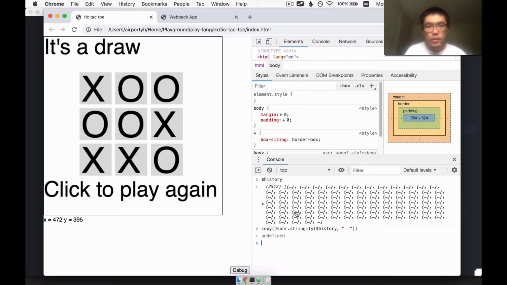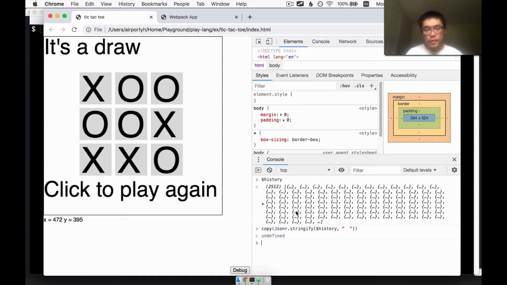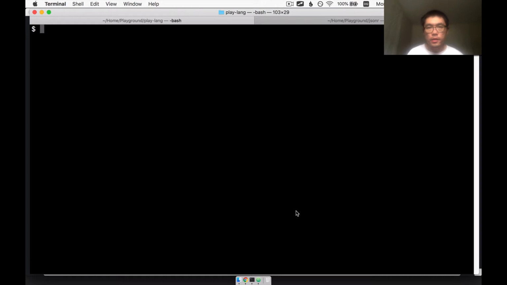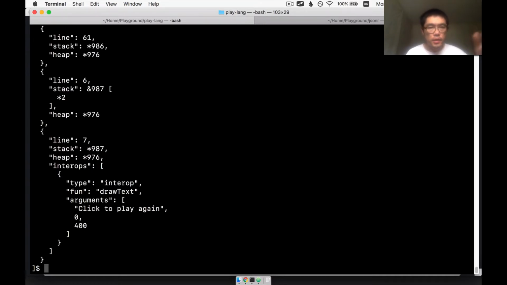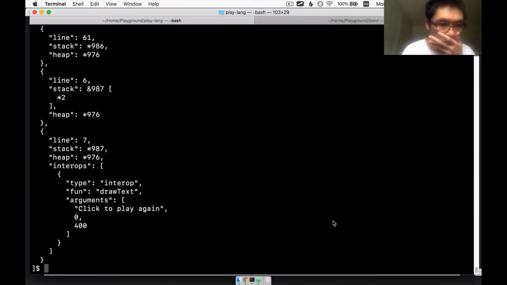I'm on Mac, and there's a command line program on Mac that allows you to access your clipboard, which is pbpaste and pbcopy. So if I do pbpaste, I paste this JSON string that I copied,